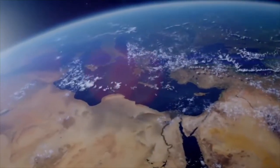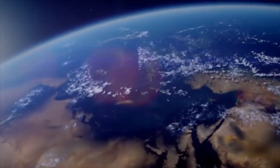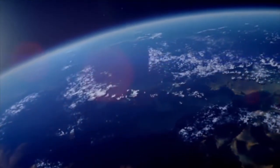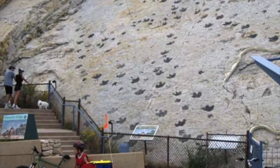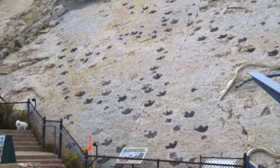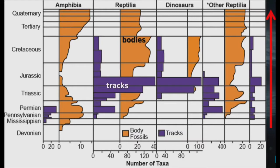This video is about how ancient fossilized trackways prove Noah's flood to be true. You see, fossil footprints are a common thing when we look at the rock layers. However, there are major discrepancies in these tracks, which can help us easily falsify evolution and help us prove the biblical flood occurred. Trackways consistently appear in rock layers below the remains and teeth and shells and skeletons of the